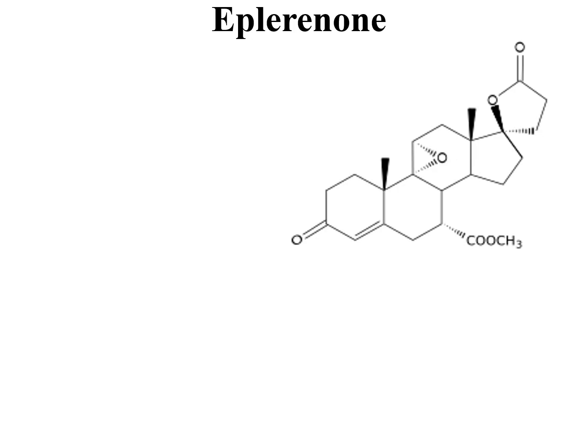And eplerenone, the structure you'll see here, has a similar steroid-like structure. I'm going to highlight that this is a steroid-like structure similar to the previous structure that we saw for spironolactone. But of course there are differences, and the most important differences we want to focus on are the presence of the epoxide in the structure and the methyl ester here in that structure. These are two things that are very important to highlight. The main difference between this structure and the other one is that, of course, it's used as a potassium sparing diuretic, the same way as the previous structure, and it's also